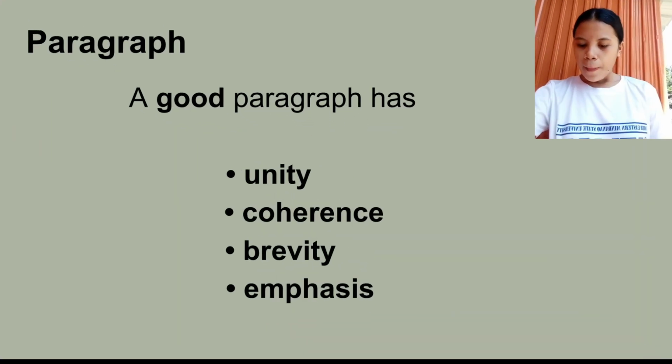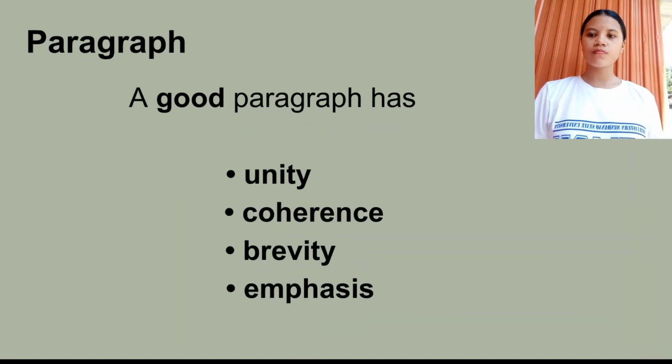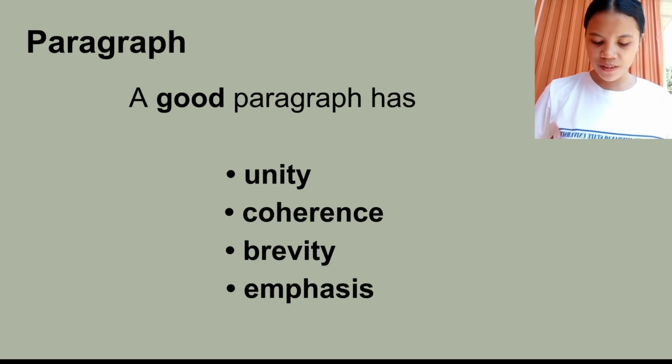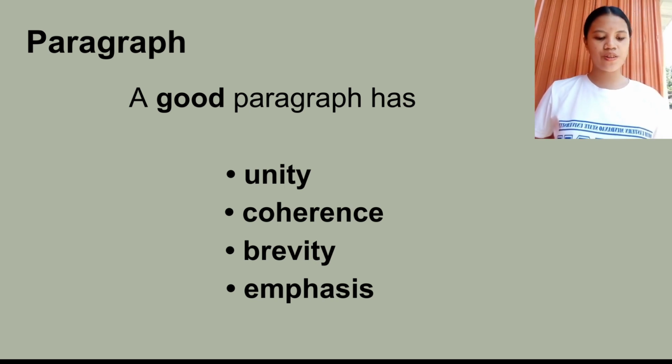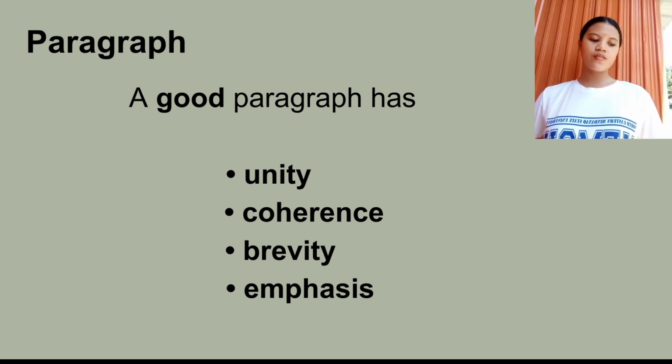Next is the paragraph. A good paragraph has, first, unity, second, coherence, brevity, and of course emphasis. Unity means a unified paragraph with unity of ideas, and cohesion is achieved through this. Coherence uses devices, the words we use in the paragraph. Coherence is the supporting ideas, whether you have a topic sentence and whether this topic sentence is being supported